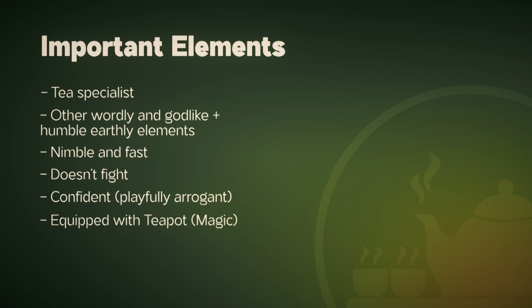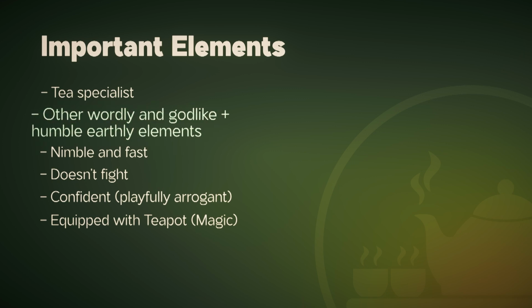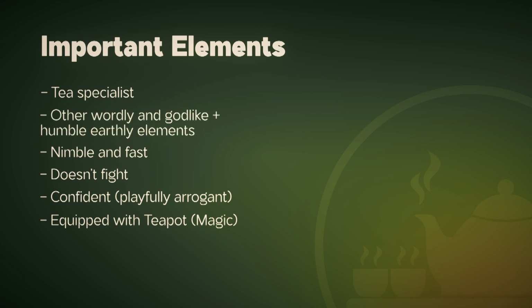She could be a being living in between the gods' world and the human world, traveling upon request between Earth and the gods' planes and such. We also established that the core of this game concept is not really fighting bosses or other things, but to avoid them entirely. I also really like the idea of her being confident in her skills as a gatherer and brewer. And as a brewer, she will be needing a teapot, either a magical artifact or a sentient one of some sort. She could have created it herself or it could have been bestowed upon her as a tool from the gods. It's going to be a defining trait of her anyhow, so I will give it its own design section.